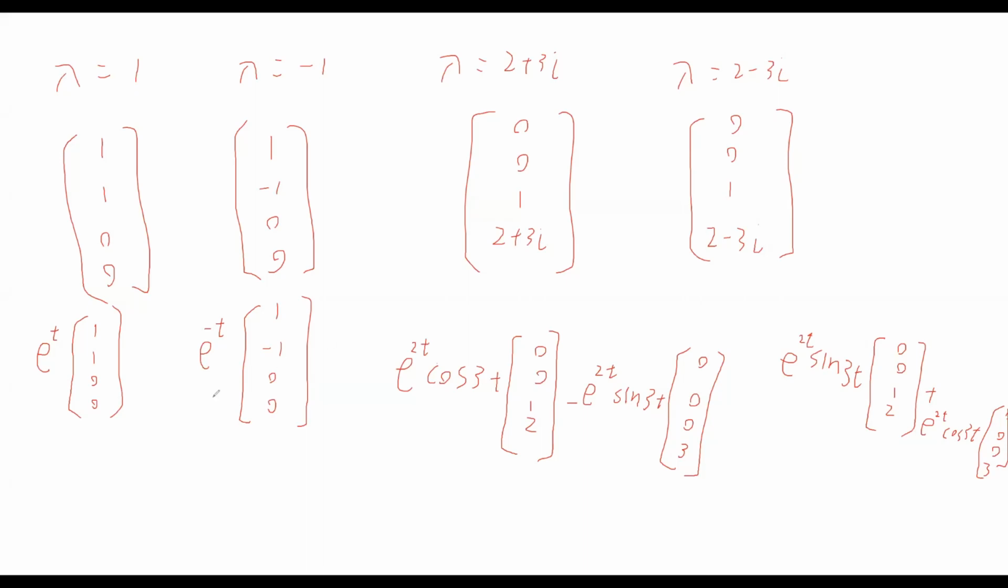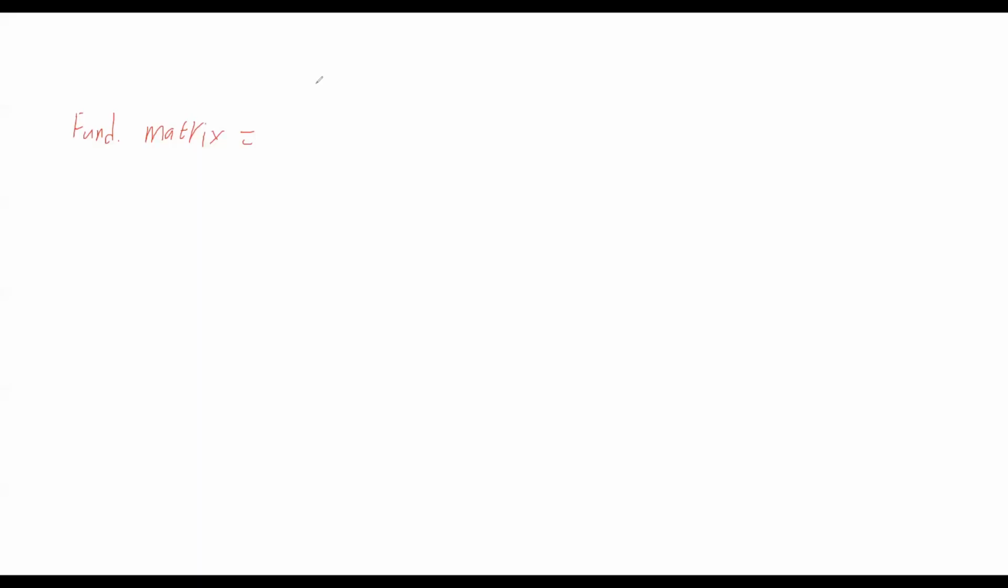All right, now to put everything together, I'm gonna squeeze it down here. You know what? Let me open a new page. All right, so here is our fundamental matrix. E to the t, 0, 0. And then second one, e to the negative t multiplied by the vector. So e to the negative t and negative e to the negative t, 0, 0. All right, and the third one, so we have 0, 0, and then here we have e to the 2t